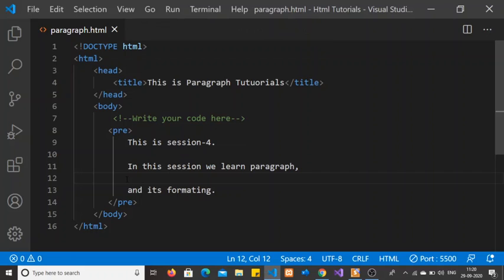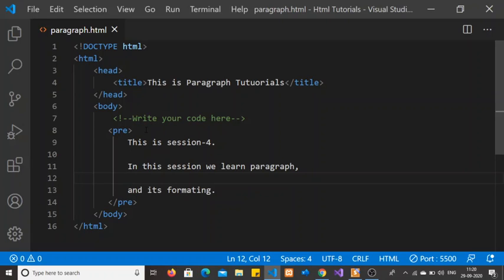So this is the paragraph tag. If you are using the p tag, then all the white space and new lines will be removed by the browser. But if you want something like a poem or your own writing style, then you should use the pre tag so that your content will be displayed as you wrote it in the text editor. Yes, we can add more things in between.